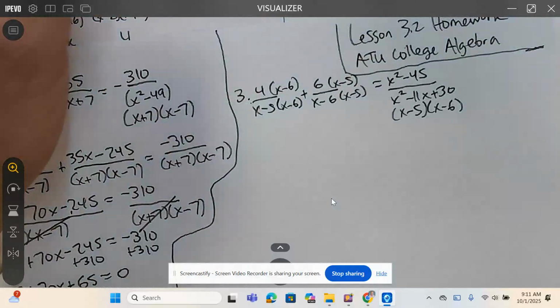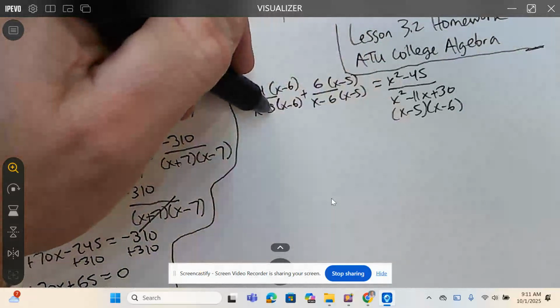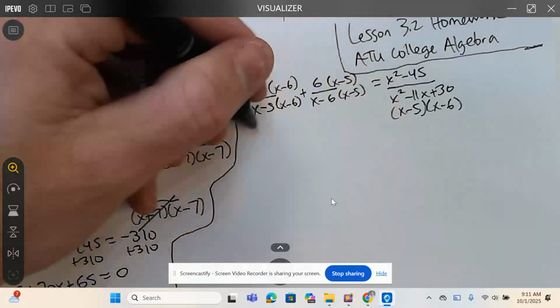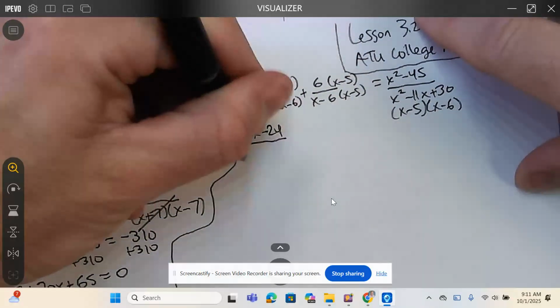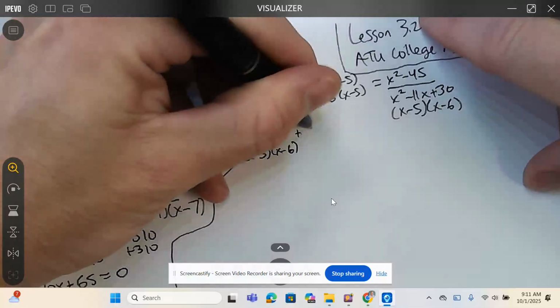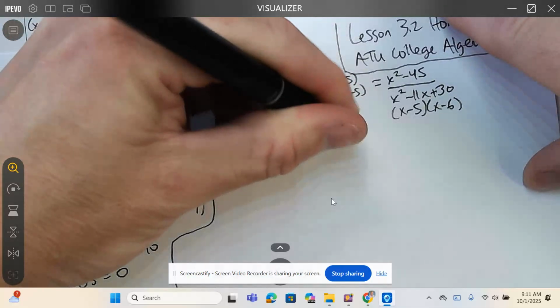Okay. So I got, this is my least common denominator. Got to give this one, this one needs an x minus 6. This one needs x minus 5. I'll distribute. I get 4x minus 24 plus 6x minus 30